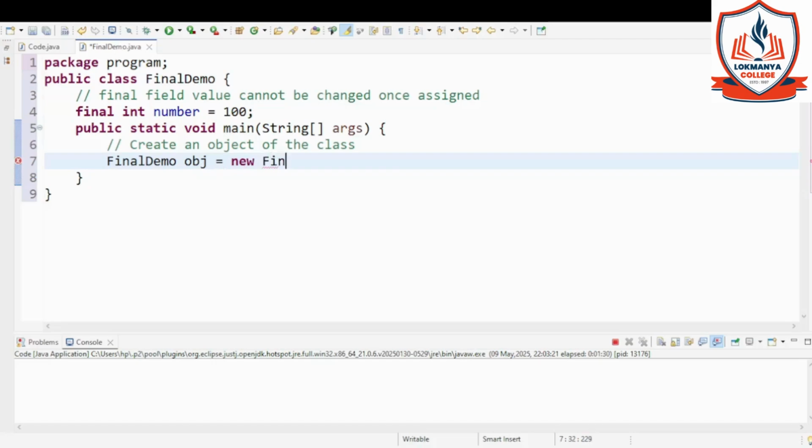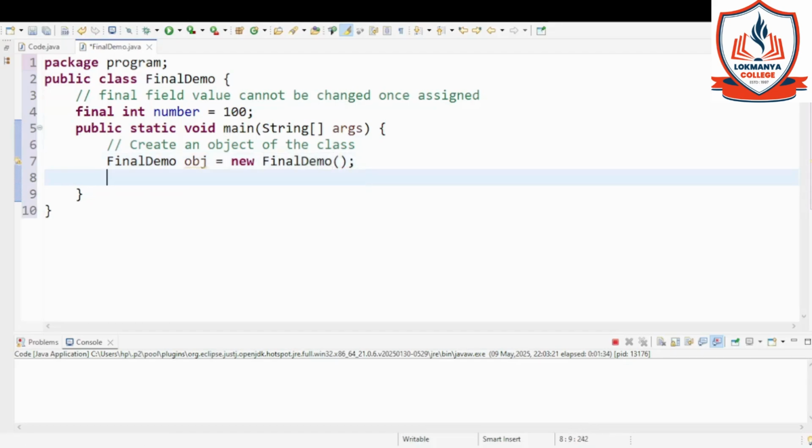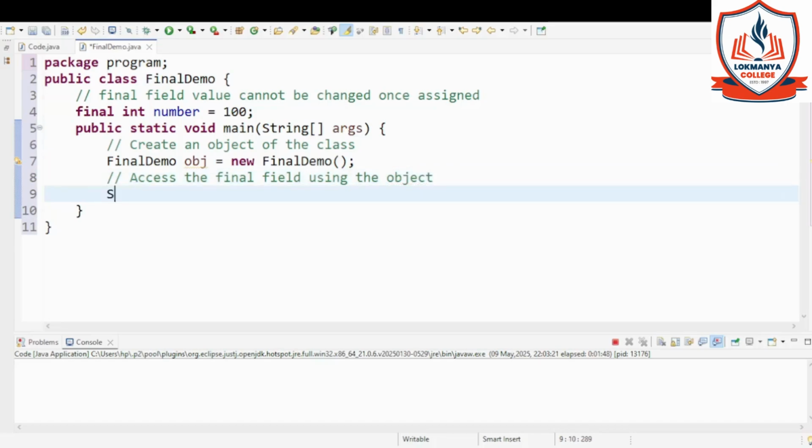So I am writing FinalDemo object equal to new FinalDemo. Then we are going to print the value of the final field using the object. You can access it like any other field, but you can't modify it.